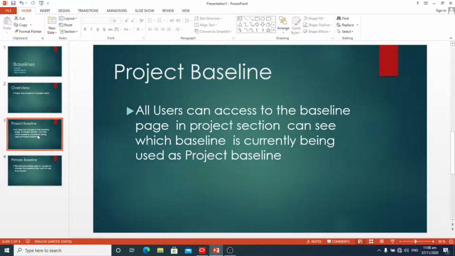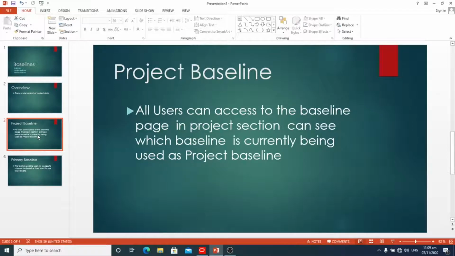Project baseline. As the name implies, each project can have only one project baseline specified. Designating this single metric for comparison enables all the members of the team to have a shared and consistent set of data against which to evaluate project progress.